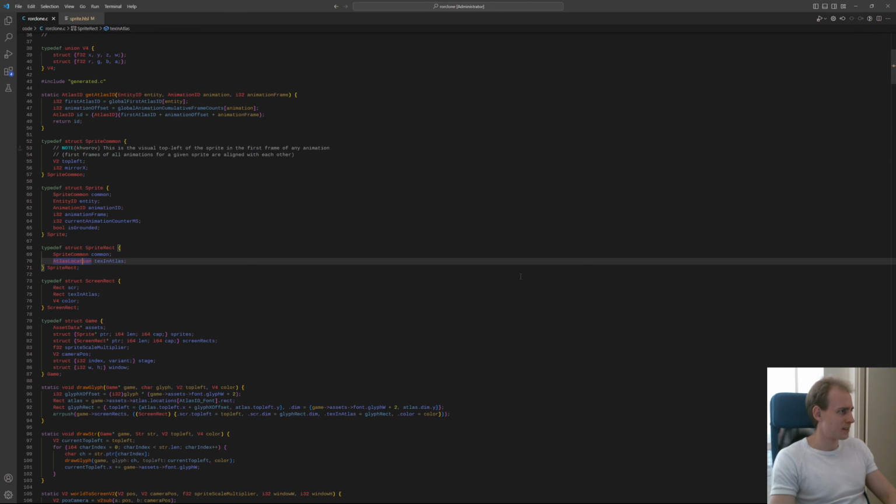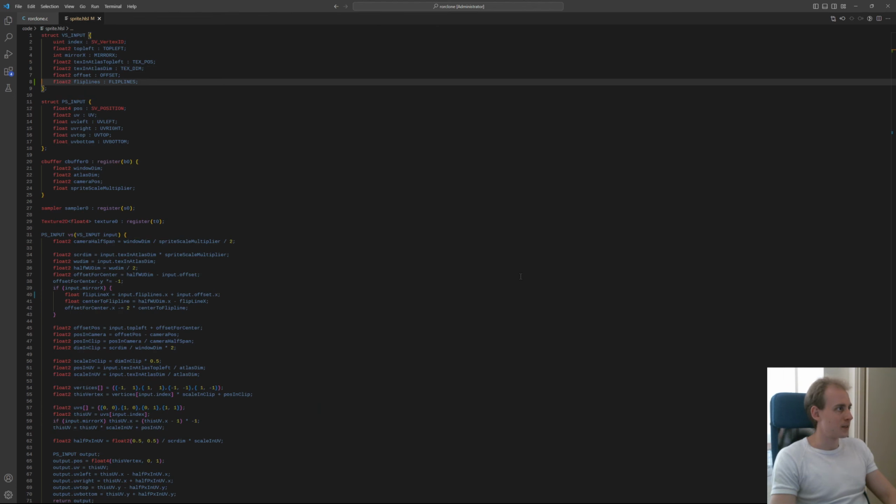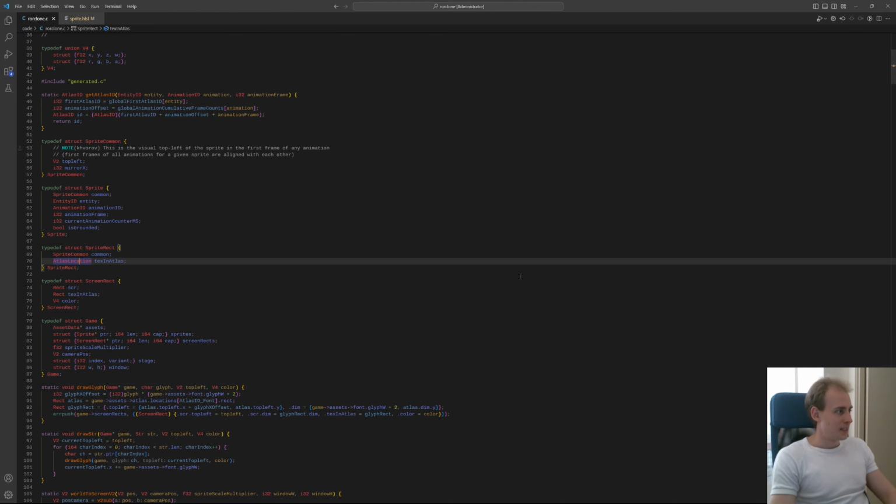There's also offset. Oh yeah, atlas location actually has that. Yeah, it has all three of those. And then flip lines. Well, yeah, that is an entity thing. So again,